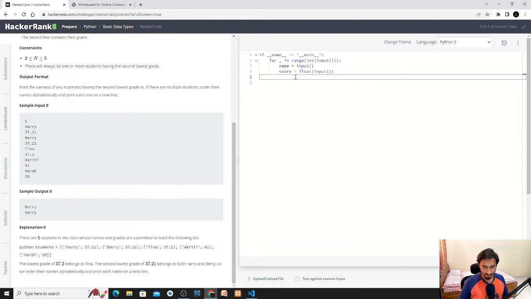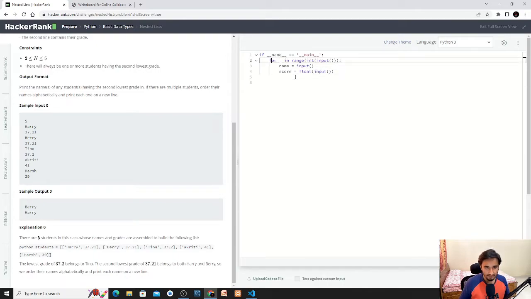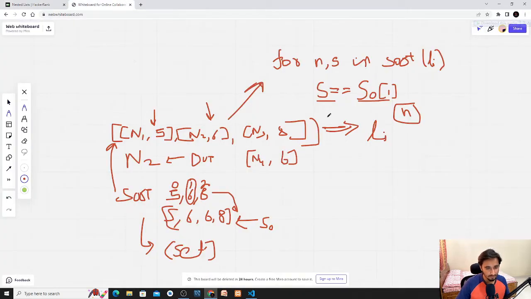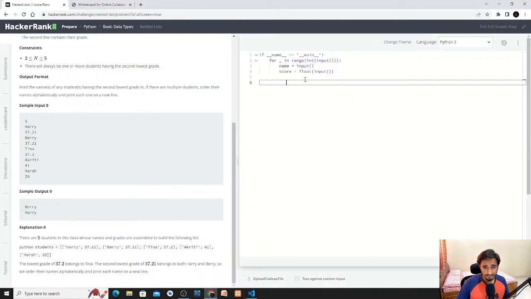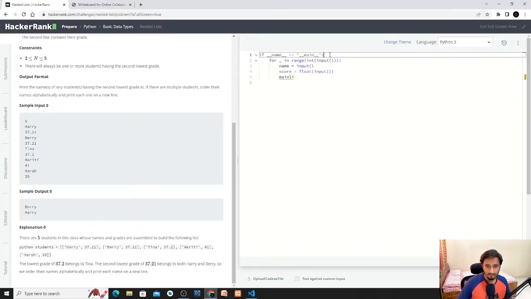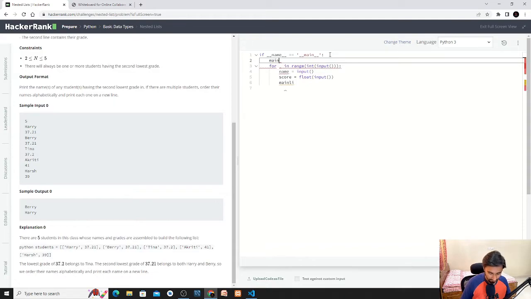Okay, so this is the predefined template. First of all, we have to make a list, as I showed you, this li list. So we make a main li. First of all we have to initialize that as a list.